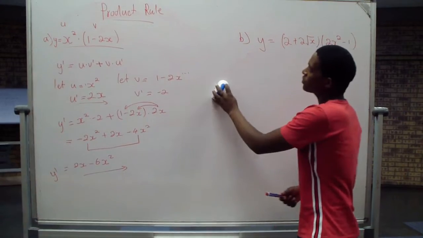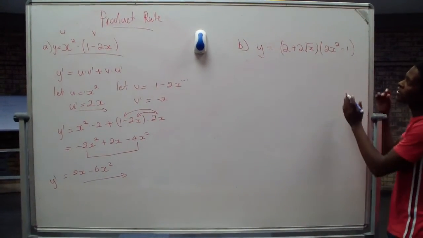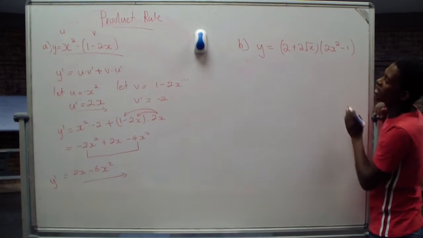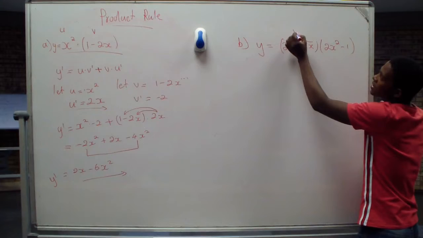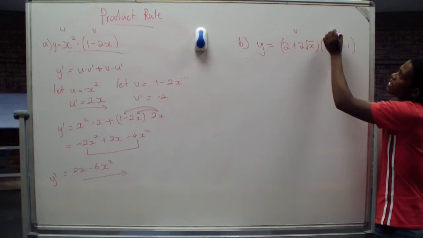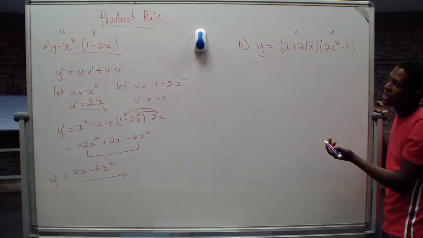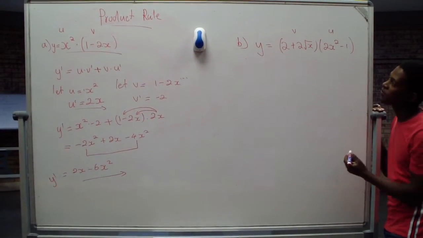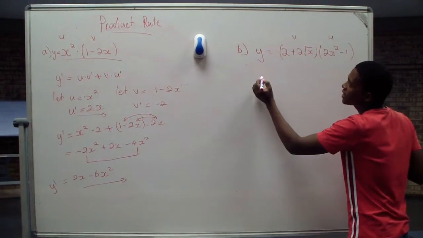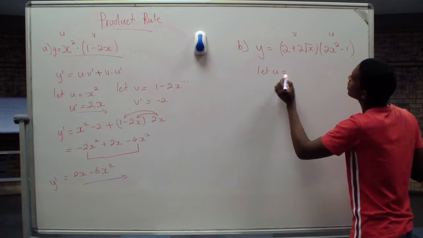Then coming to example number 2. With example number 2, yes, it's big and complicated, but you have to apply the same thing. You have to choose, let's say this is our v, and this is our u. You can choose any as your u or as your v, as long as you arrive at the same, correct answer. Now, I'll say I let my u be equal to